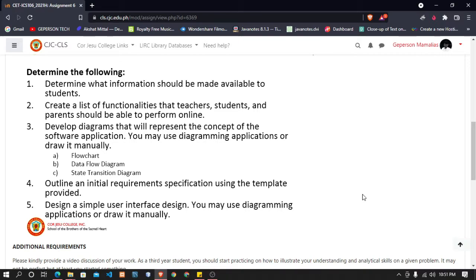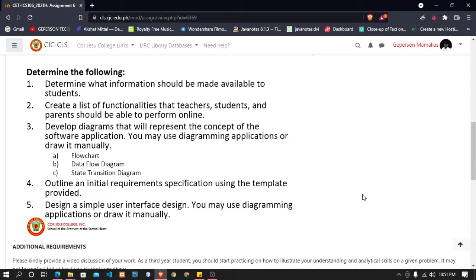We are going to add some information. First is to determine what information should be made available to students, and second is to create